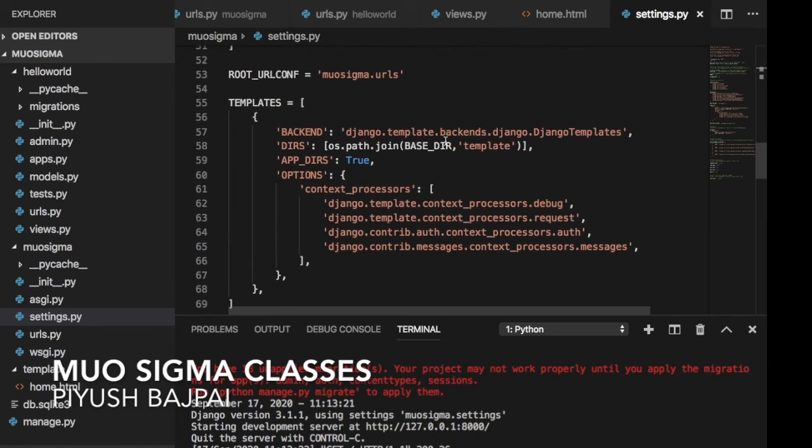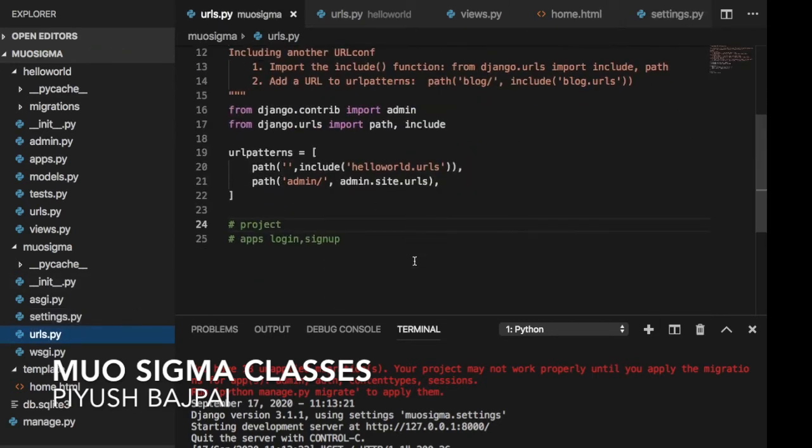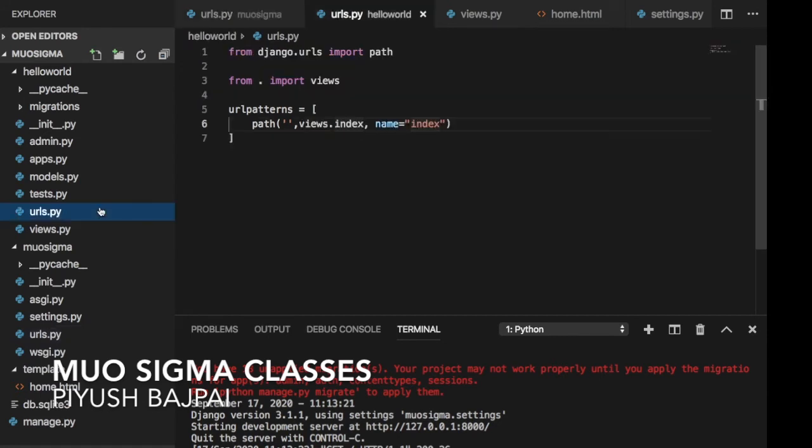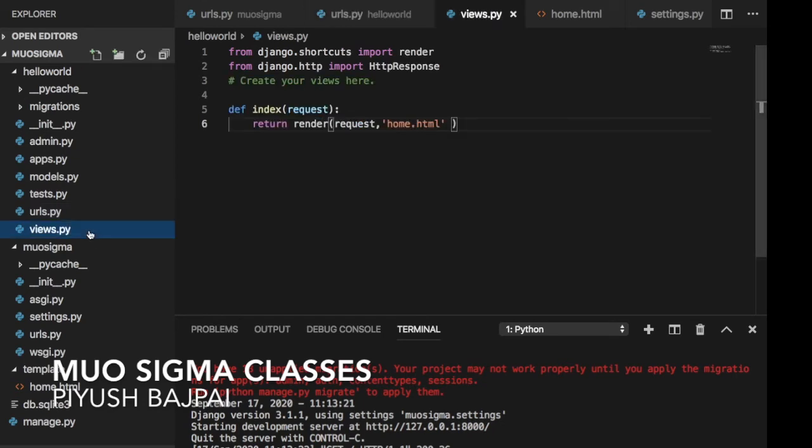Once you set the template like this, then the urls.py file will execute, and on this blank path this will be called. Then our flow of execution will reach this urls.py file. On this blank path, this index function will be called in the views.py file.